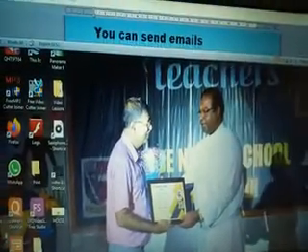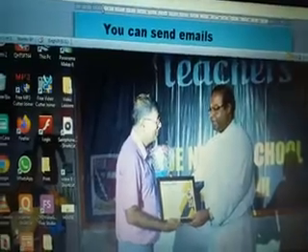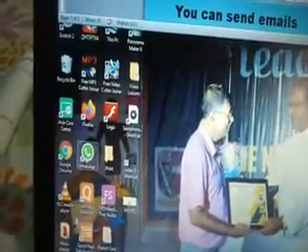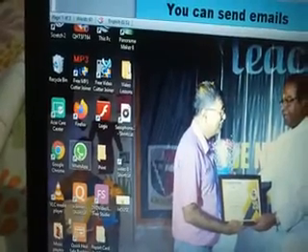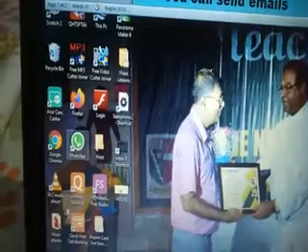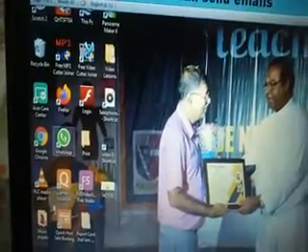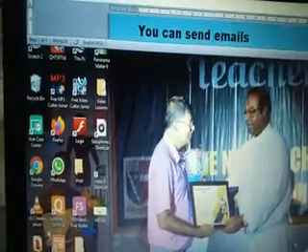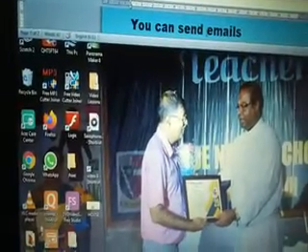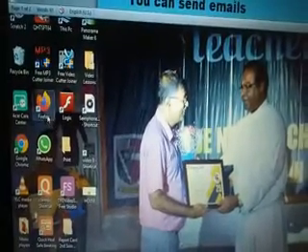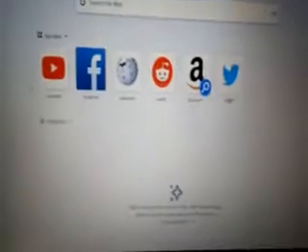The next thing you can do is send emails. Now you know what WhatsApp is? WhatsApp is an app that you have on your mobile for sending messages. WhatsApp can also be used on the computer, but an email is not exactly WhatsApp, though it is similar. Certain similarity is there. In emails also we can send messages. You need to connect to the internet. Then you need to start